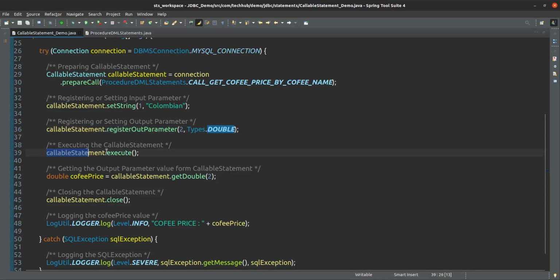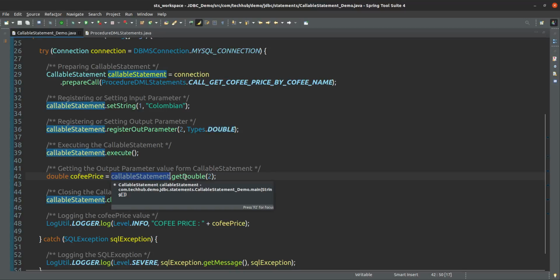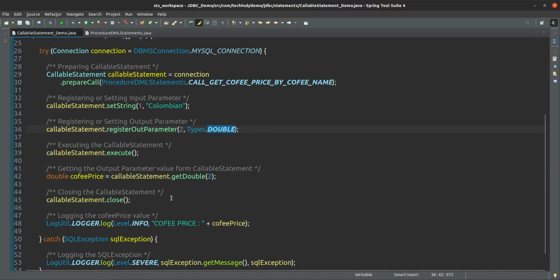And after that we are executing. After executing the callable statement, we are getting get double, and here we are giving the position also. Get double means double, that is the type of the output parameter, and that is the position. What is the position for that one? The second position. So from that position we are getting the coffee price, and that coffee price we are